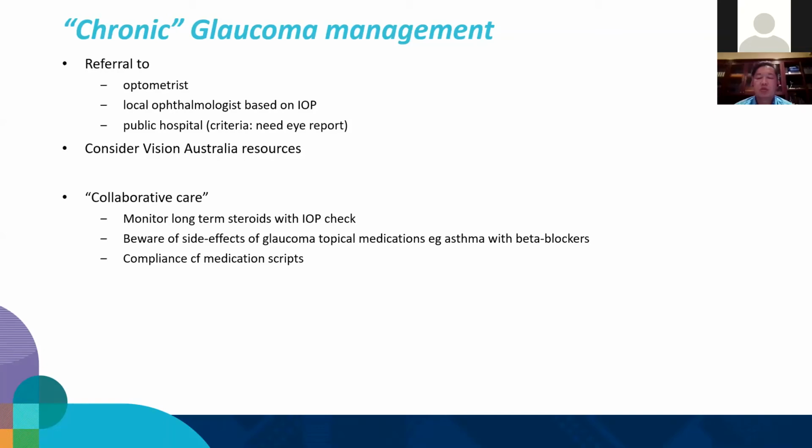So basically, look, if you think you're going to put someone on some long-term steroids or even short-term, best to maybe get their eyes checked, eye pressure checked in a couple of weeks' time, just to make sure the pressures haven't gone up. The glaucoma medications that we use have certain side effects. So something like beta blocker, timolol can cause asthma or breathing problems. Alphagan can make you feel tired. Xalatan and things like that can make the eyes a little bit red, make the eyelashes grow a bit longer.